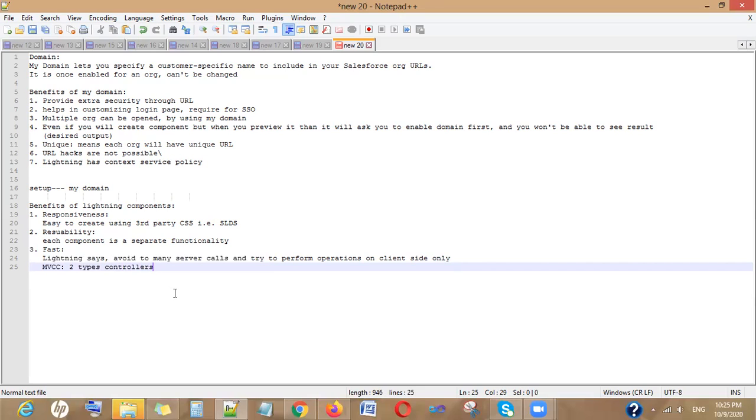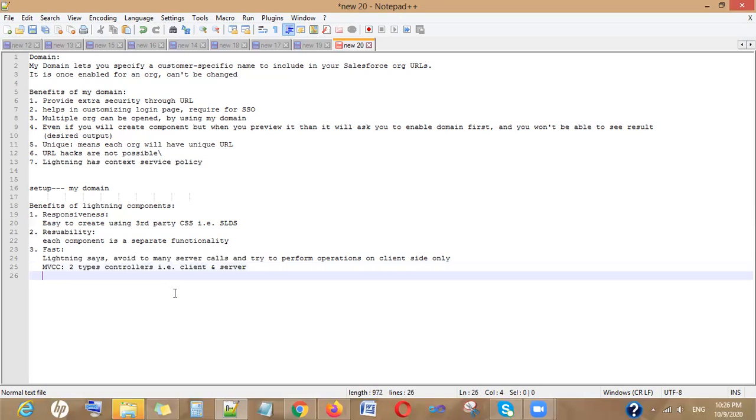Okay. Now when we have the two controllers, that is client side and server side, the Lightning says, avoid the server calls, make your functionality more and more dependent on the client side controller only. Okay. Then